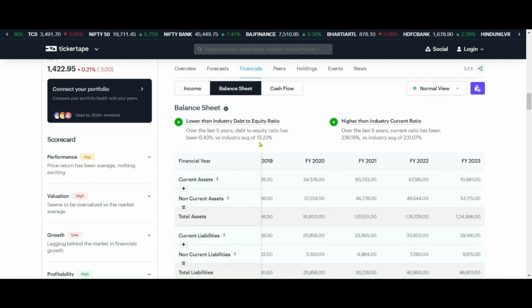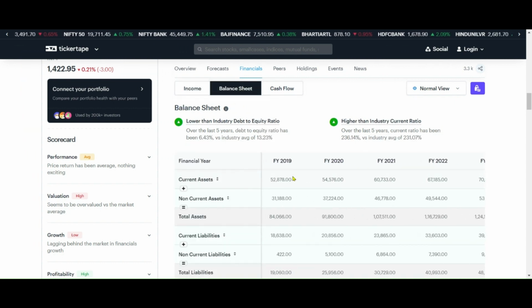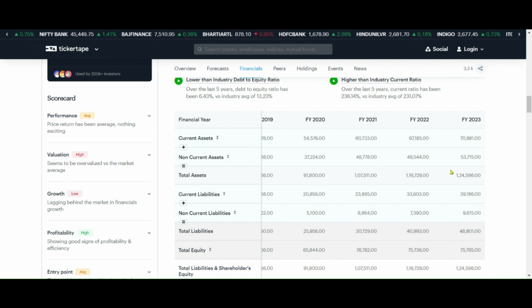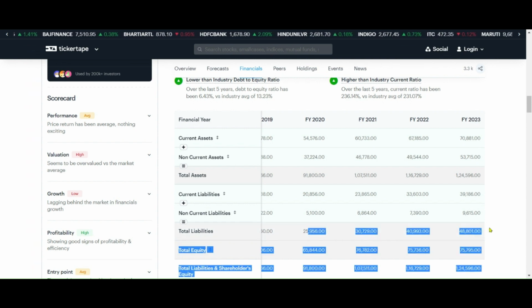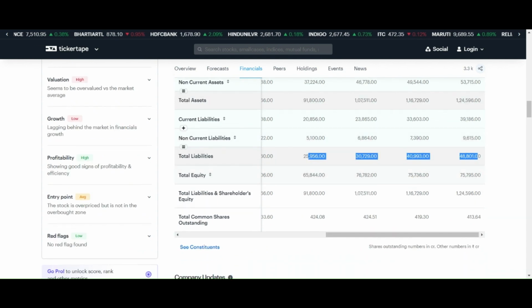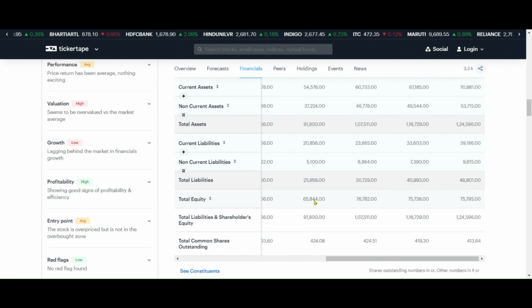Then you can go to the balance sheet. Here, another important thing for a stock and a company, so how much total assets they have got. So that is also something which you see it's increasing year by year. And go to the liability, it's something which is under control compared to the assets the company has got. And the equity,